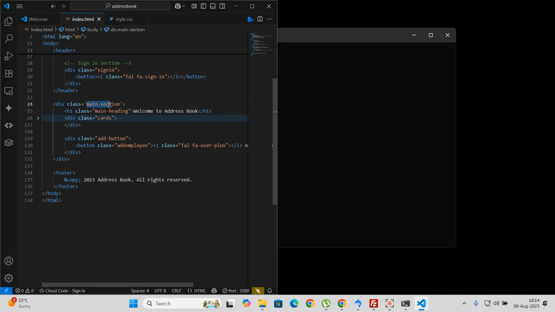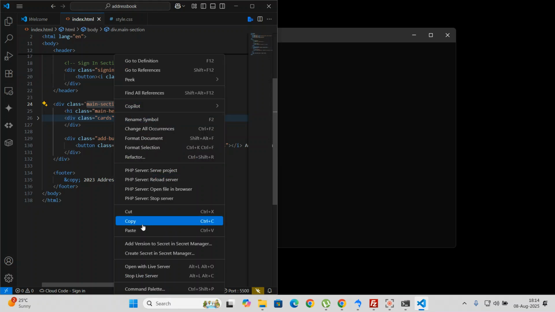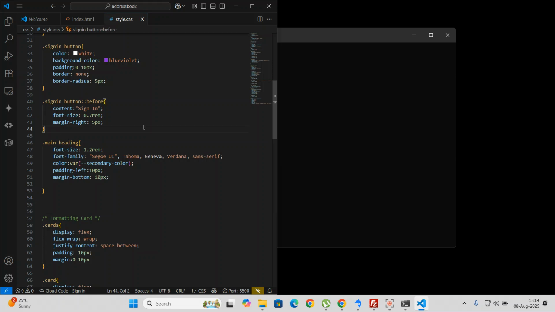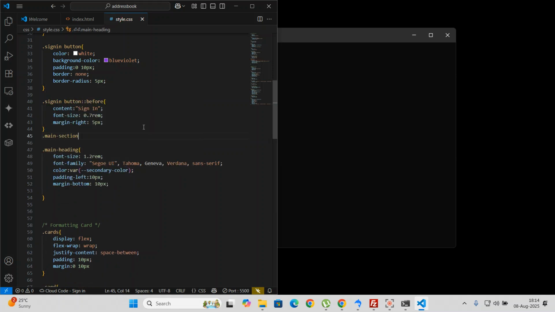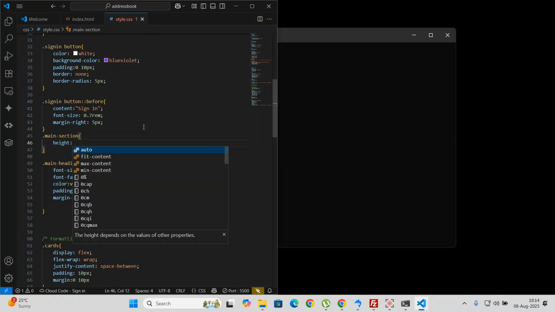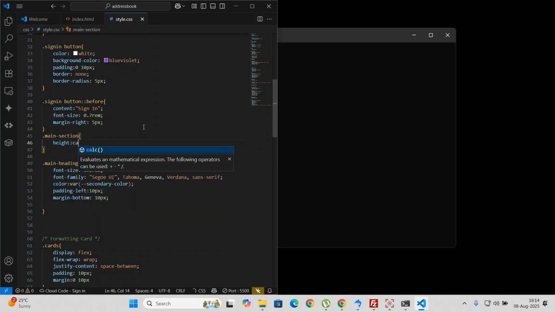So I'll pick the main section and set the height. Did I give the heading a size? No, but for the main section I want the height to be maybe